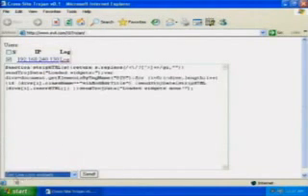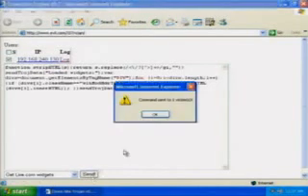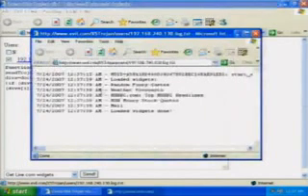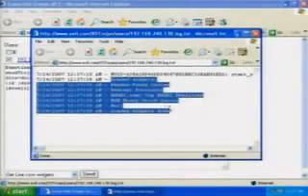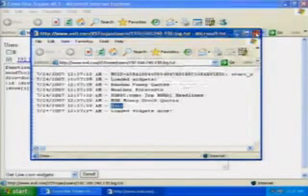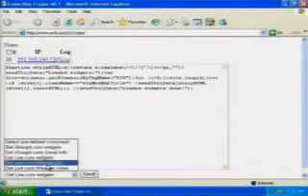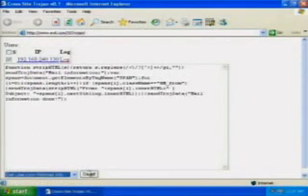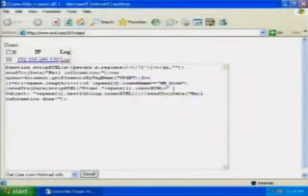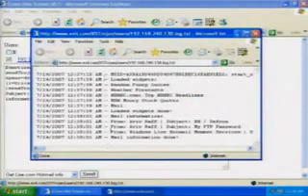So let's try to get the widgets from the user. Okay, so this is the list of the victim's widgets, and one of them is the mail. As you've seen in iGoogle, I can do the same stuff on live.com. Okay.